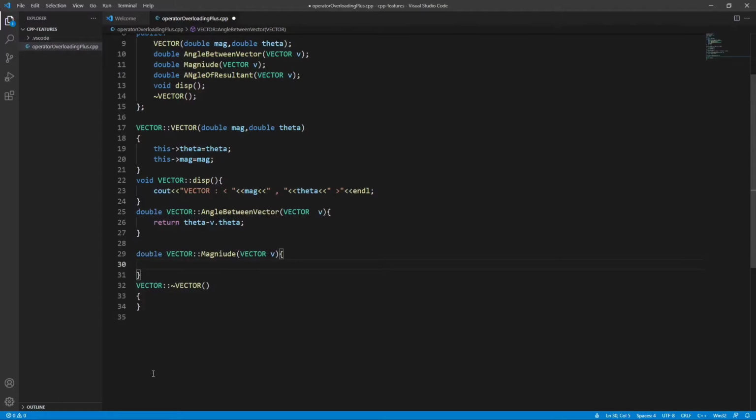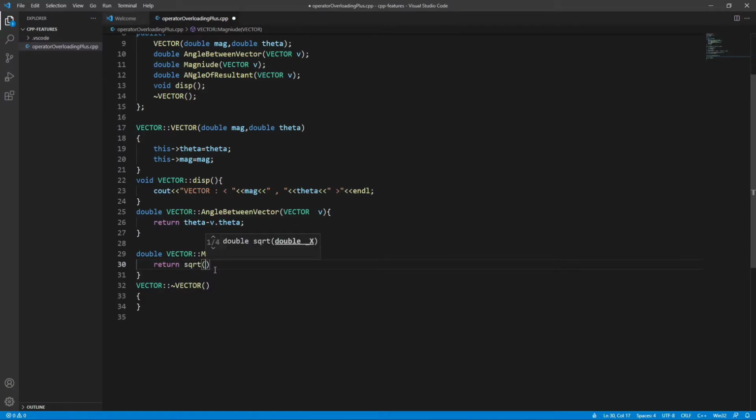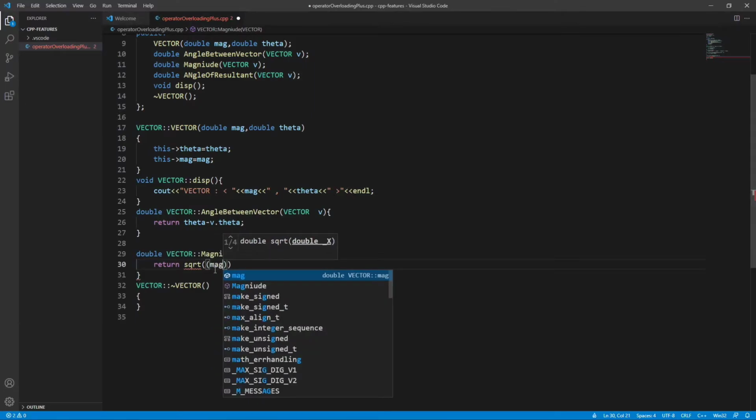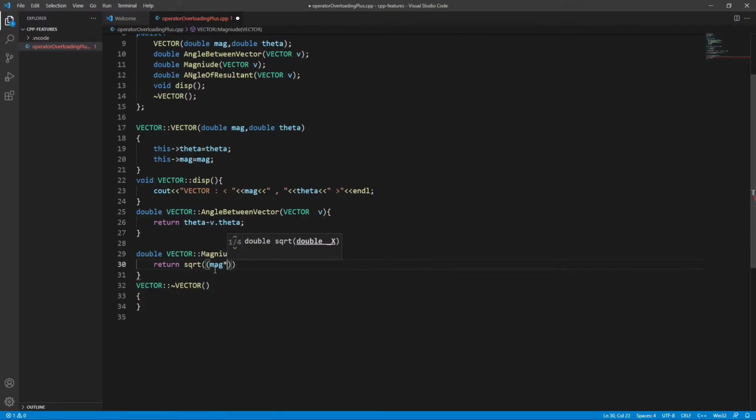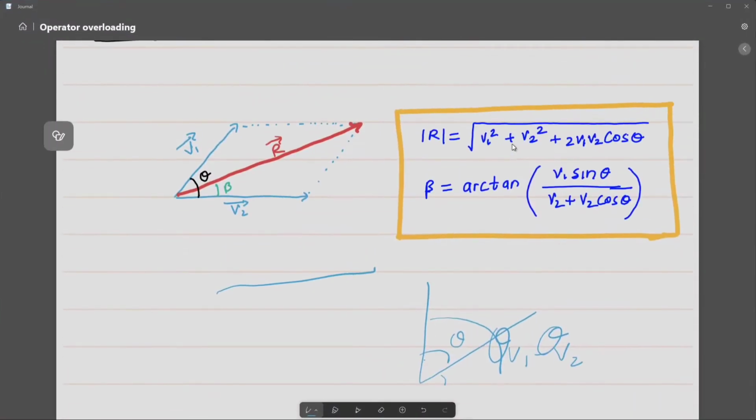And according to a formula, let me just see the formula. I have also written it somewhere else. Okay, so we have to return the square root of magnitude, that is magnitude of first vector multiplied by magnitude of first vector, you can see in this formula, v1 square plus v2 square, that are magnitudes.